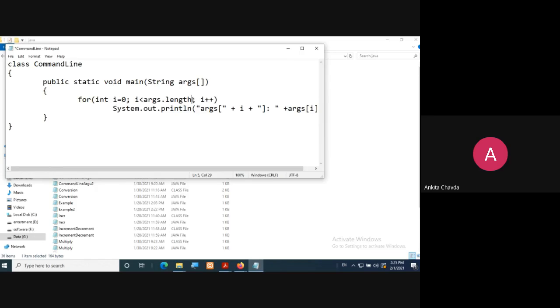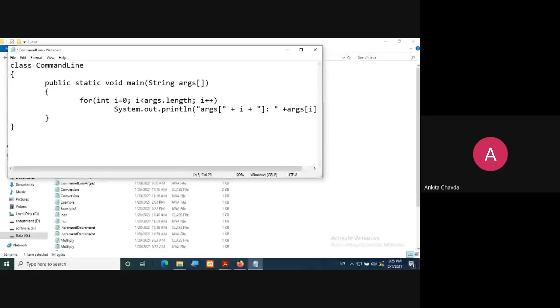This length and this length are different. This length with parentheses is actually a function which we use with a string, and this length without parentheses is for an array. Here we have this array which has class String, and we are using args dot length.